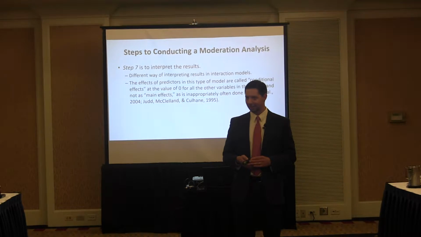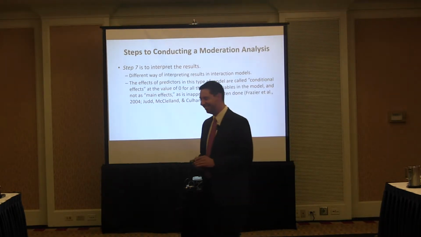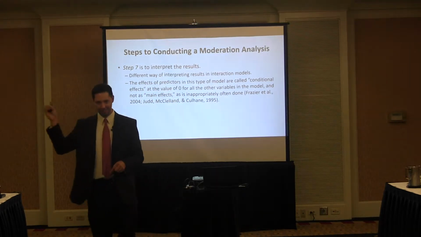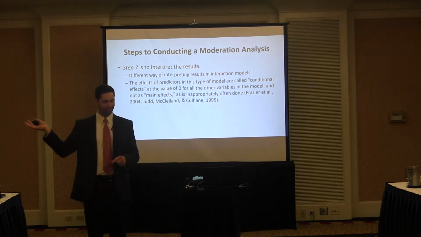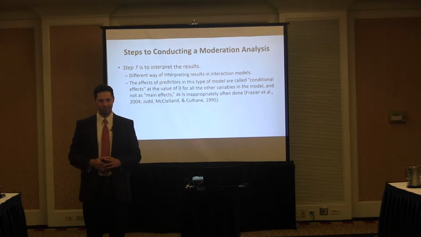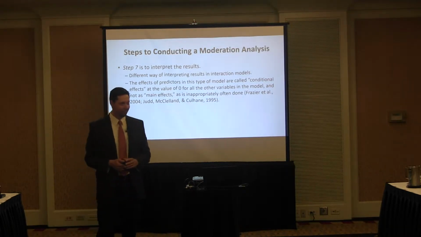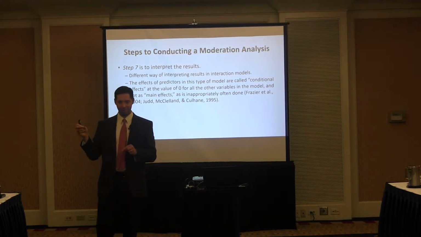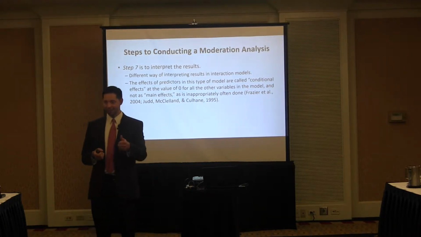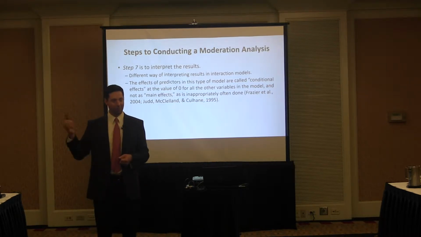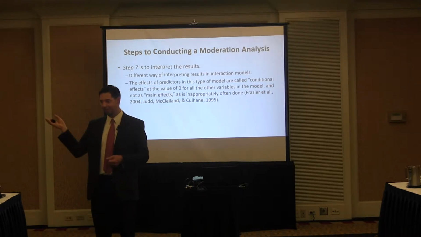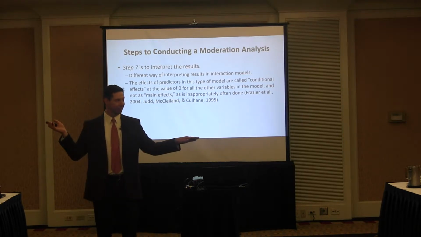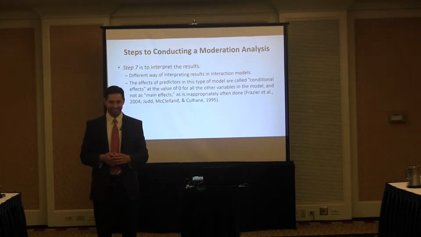That should sound pretty familiar from some stats class I tried to block out a long time ago. But it's a 1 unit increase in the predictor associated with this unit change in the outcome while controlling for the others. When we add an interaction term into the model, it fundamentally changes the model. So now, we have a 0.3 as our beta. Listen for the difference. A 1 unit increase in the predictor is associated with a 0.3 unit increase in our outcome while holding all the other variables at 0. Hear the difference? So now we're holding all the other variables in our model at 0.